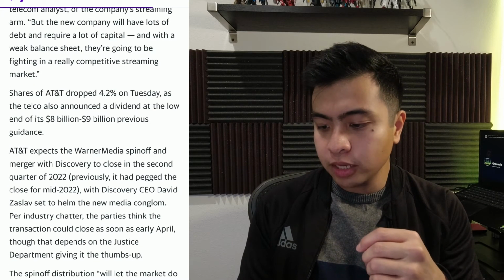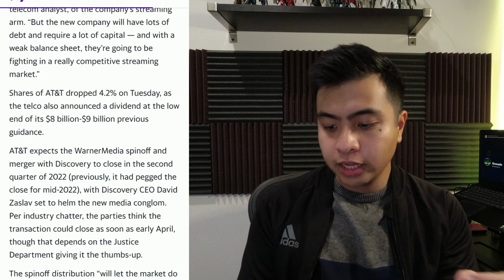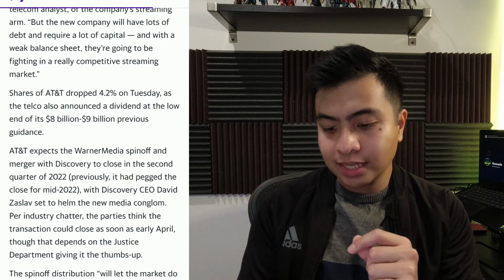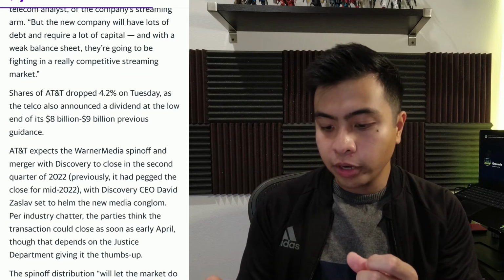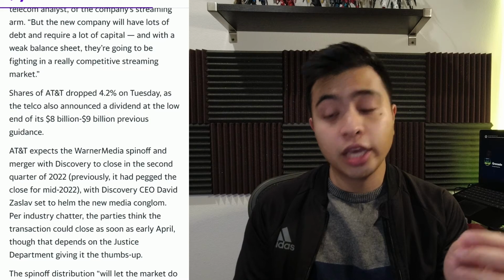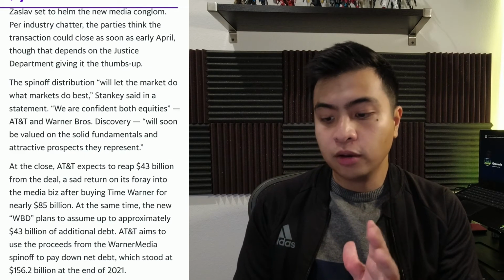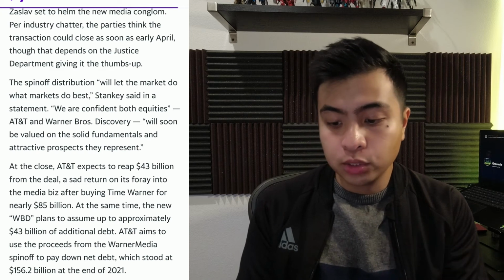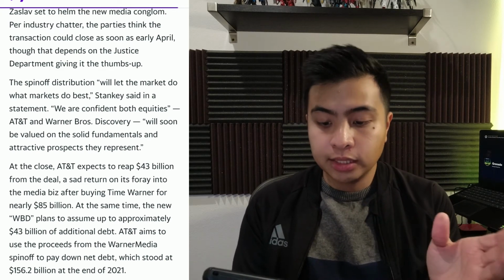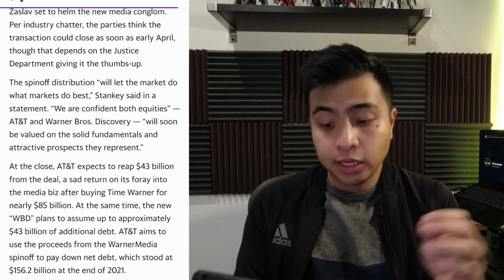AT&T expects the Warner Media spin-off and merger with Discovery to close in the second quarter of 2022. Previously, it had pegged the close for mid-2022, with Discovery CEO David Zaslav set to helm the new media conglomerate. Per industry chatter, the parties think the transaction could close as soon as early April, though that depends on the Justice Department giving it the thumbs up. The spin-off distribution will let the market do what markets do best, Stankey said in a statement. We are confident both equities, AT&T and Warner Brothers Discovery, will soon be valued on the solid fundamentals and attractive